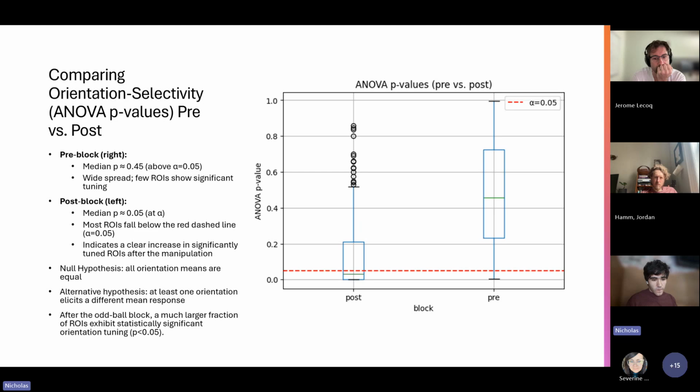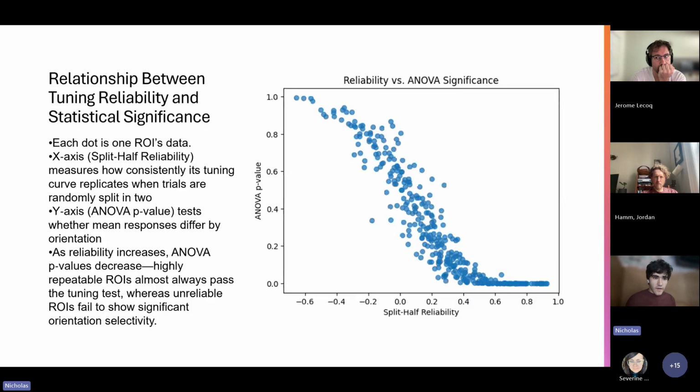What we're seeing is that in the post block, we're seeing more ROIs that exhibit at least one orientation that elicits a different mean response, at least when evaluated with this ANOVA p-value. I did not perform any correction for p-value inflation, which is an important point. And to continue,